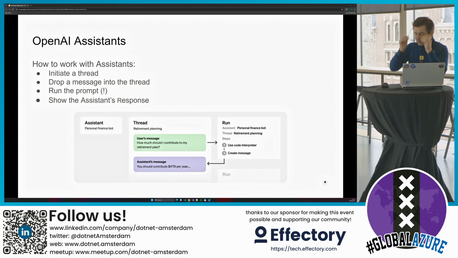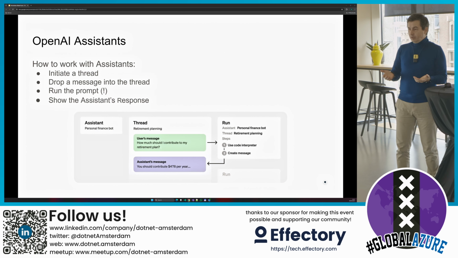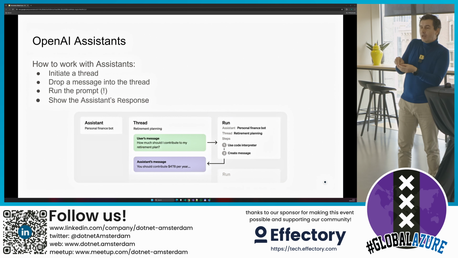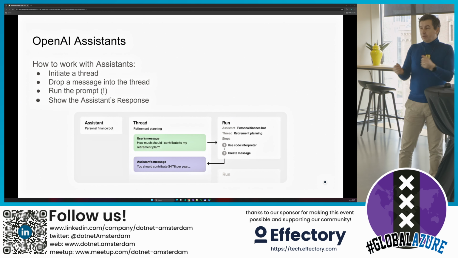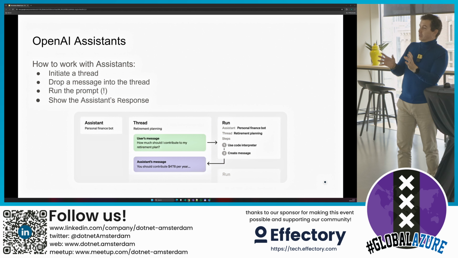But how does it work? Well, we create an assistant and initialize a thread for that assistant. It's like everyone initiating a chat with someone. And then, depends who wants to join the chat, they will keep adding messages into this thread. So the thread is our chat session. So we keep talking together and share the knowledge.